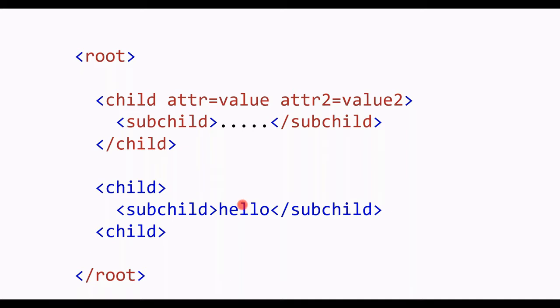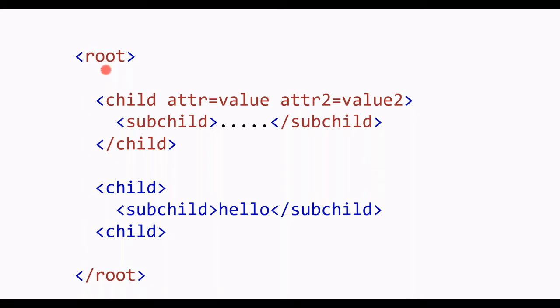Whenever you want to parse an XML file, you should first identify what text you need, what attributes you need, and then how the element flow is. Is it under root, child, subchild, or under root, child one, and language, and so on? You should understand the flow of the element arrangement. What is the parent element? What is the child element? What is the subchild element?